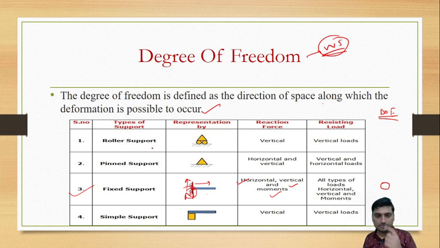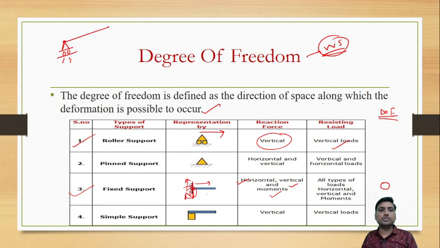Now coming to the roller support, let's take this as the second example. Here a roller support is there. What happens? The reactional force is vertical and it resists the vertical load. It means if a roller support is there, it is allowed in x direction, it can move in x direction. Suppose a member is connected with this roller support, and suppose this is your node, so this can move in x direction and this can rotate also, both are allowed here. Here it cannot move in y direction, the movement in this direction is restricted, but in x direction and rotation is allowed,